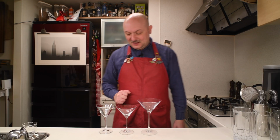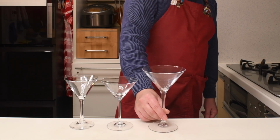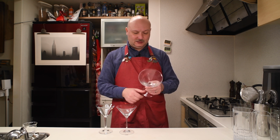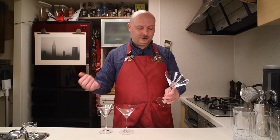Then let's talk about V-shaped glasses. Now, this one you can see here is an IKEA V-shaped glass. It's really huge, and I think I used it only once in the last 5 years because I don't usually serve cocktails this big. But if you have your pitcher of strawberry margarita on your side...